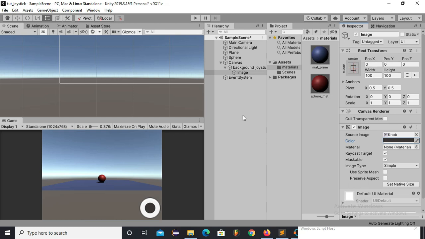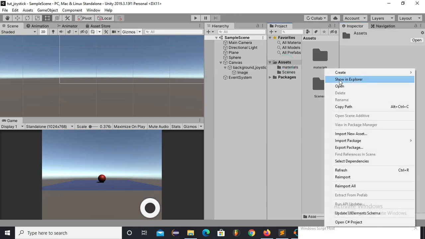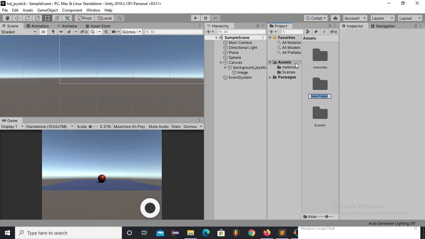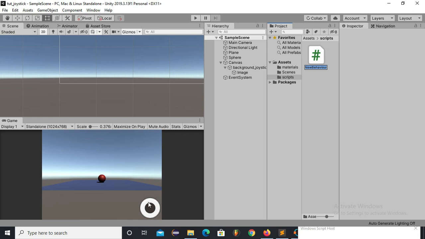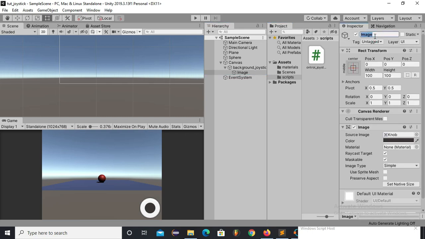Now save the scene, and we will create a scripts folder in which we will place all our scripts. We will create two scripts, one for controlling the joystick, and the second one to control this ball using the joystick. So rename this script control joystick. I will rename this one main joystick. It will be our main joystick which will move, and this white part is the background of the joystick. Now save the scene.